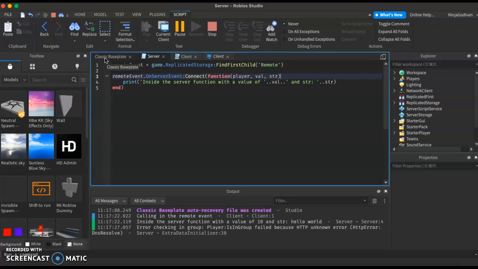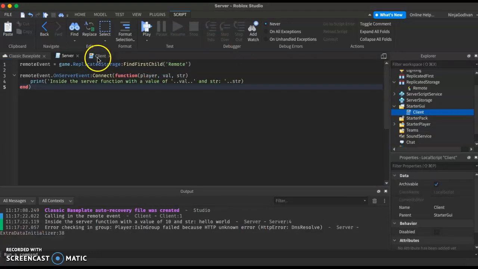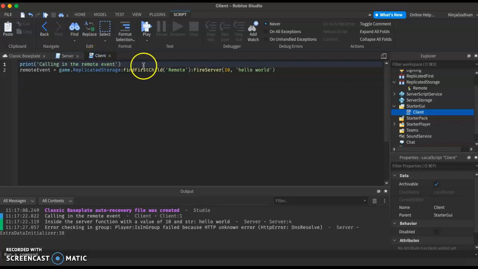It's basically the communication between the server and the client. Okay, so now let's see what happens if we were to go the other way around. Let's say that we want to fire the client. So what we're going to do is,